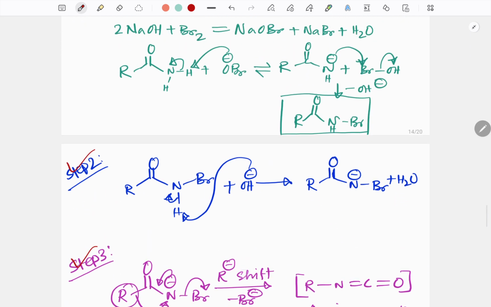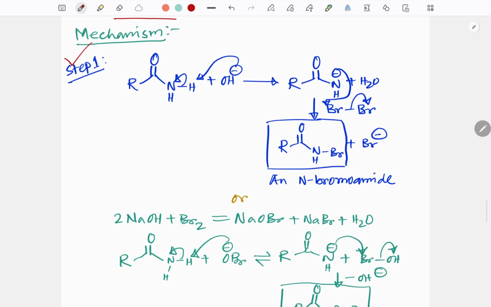Now I am going to discuss each and every step, how this particular amide gives you the primary amine. Coming to step 1, this amide undergoes base promoted bromination